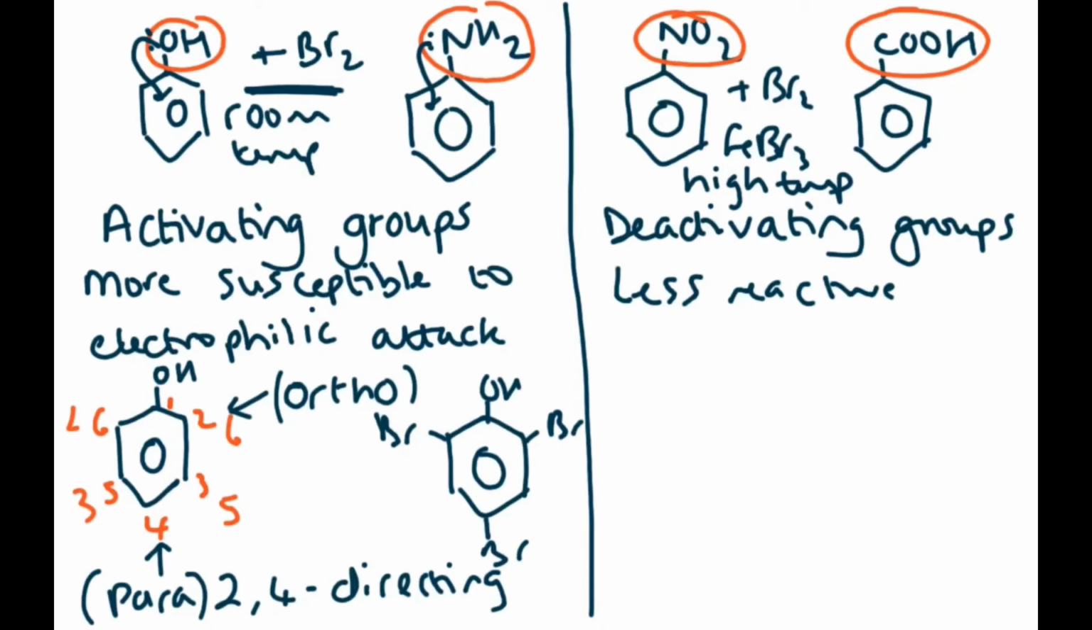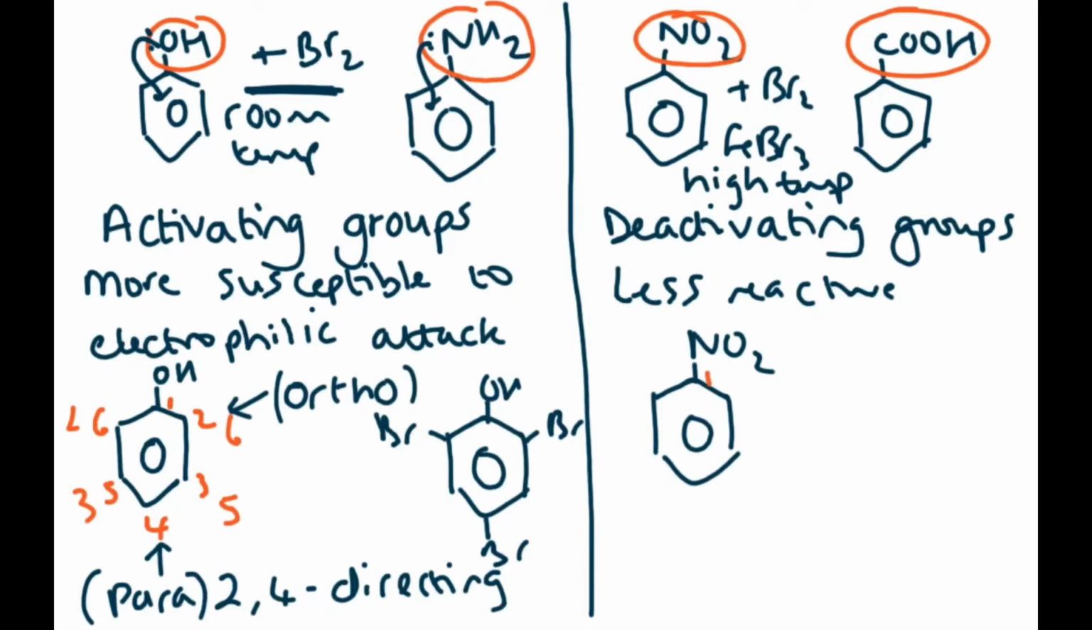So you could have forming tribromophenol. Yeah, so 2,4,6-tribromophenol. Now, if you take nitrobenzene and get it to react with bromine, okay, then carbon, let's just number the carbons: